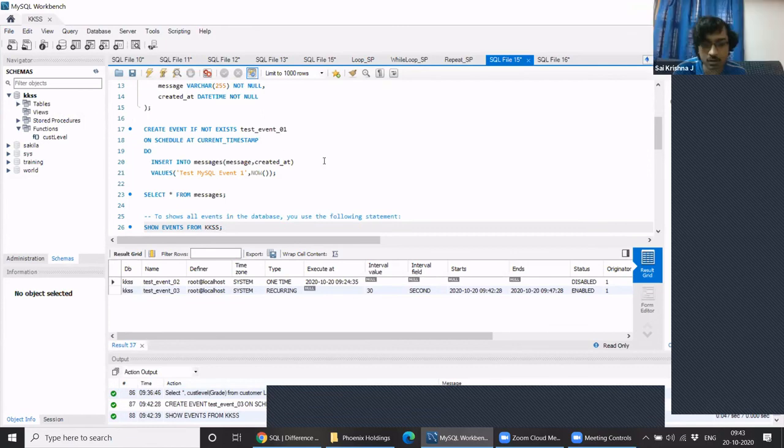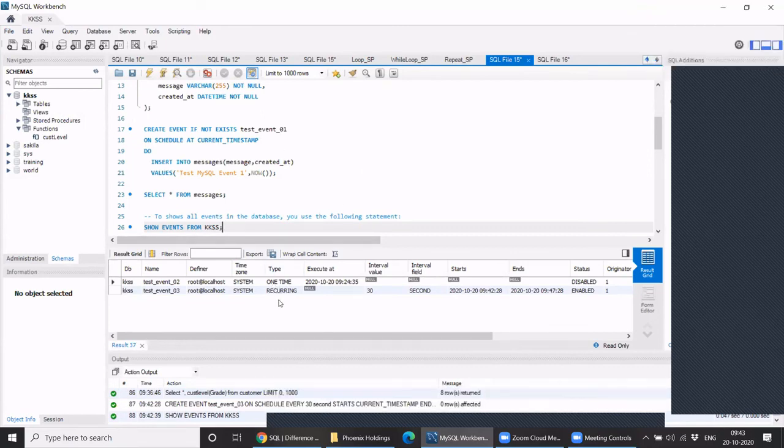Okay, got it. And it will tell you the type, whether it's one-time or recurring. Right. I was just curious because typically in an enterprise setting, we'll have hundreds of these events scheduled to run day by day.